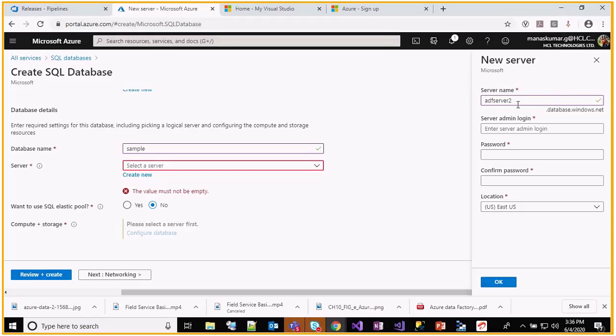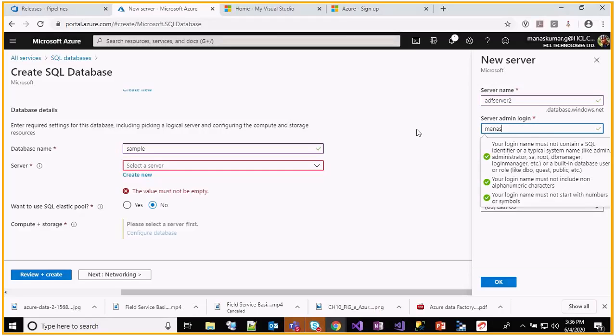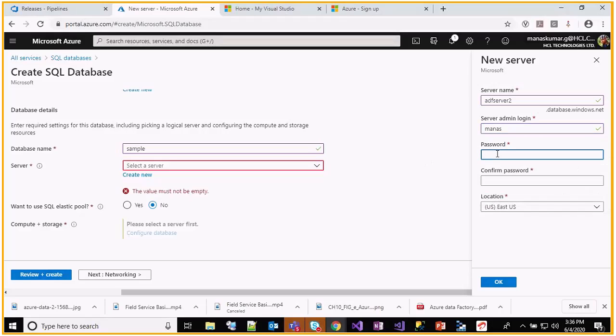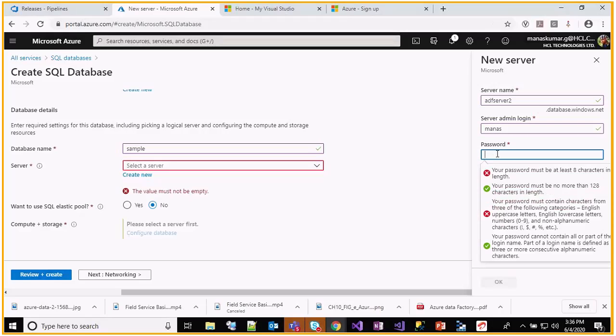I give the server name as ADF server 2 and login name as Manas, and a password I can remember.